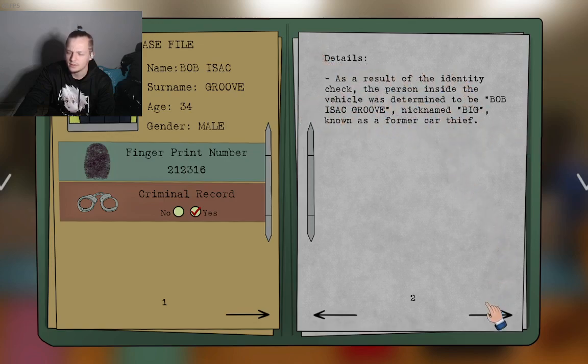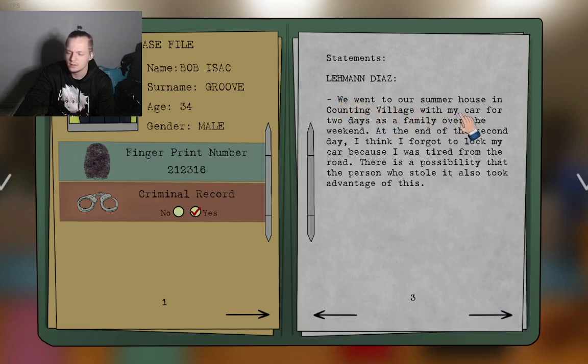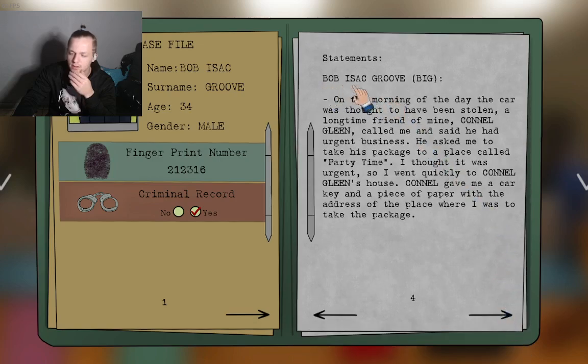Okay, what's your friend? At the end of the second day, I thought I forgot to lock my car because I was tired. I thought it was urgent, so I went quickly to Connell Glean's house.